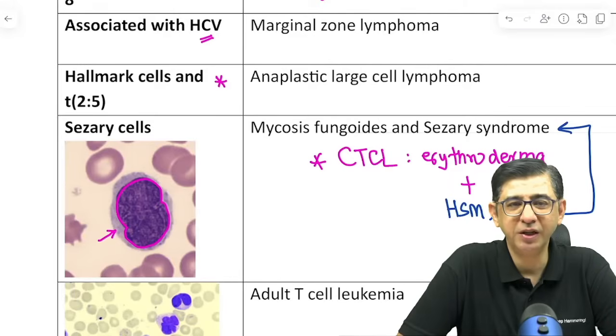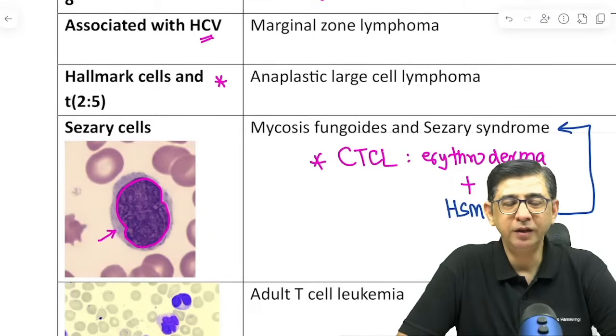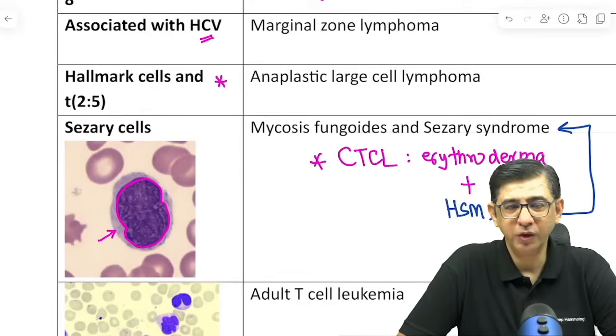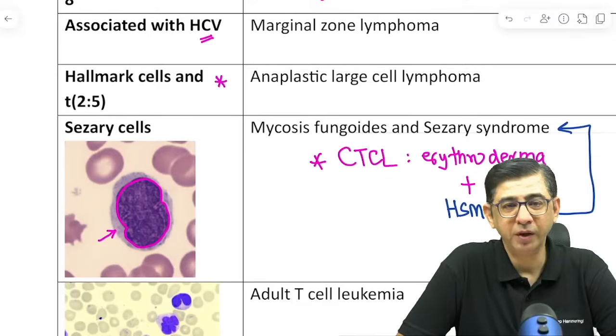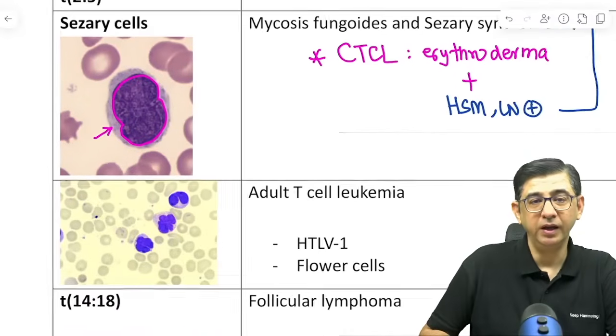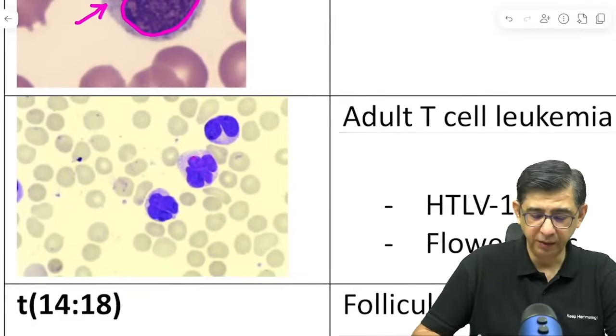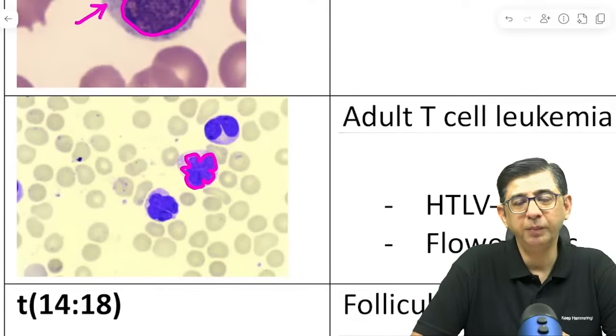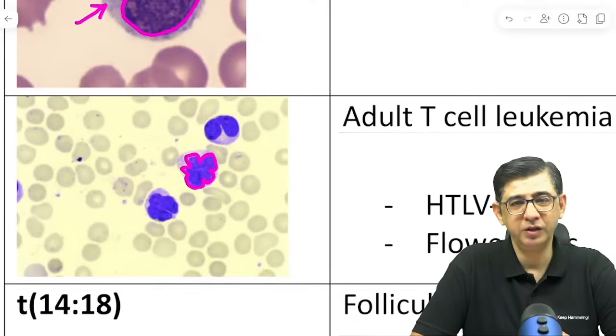The technical words will still remain the same, is a convoluted appearance of the nucleus. This convoluted appearance of the nucleus itself is a feature of like a Sézary cell that you need to remember, and is not to be mixed with, जो इसका अगला वाला है. In the अगला वाला you will notice that यहाँ पे जो nucleus है वो flower के shape में जा रहा है, like lot of convolutions which are present, and this would be adult T cell leukemia that is caused by